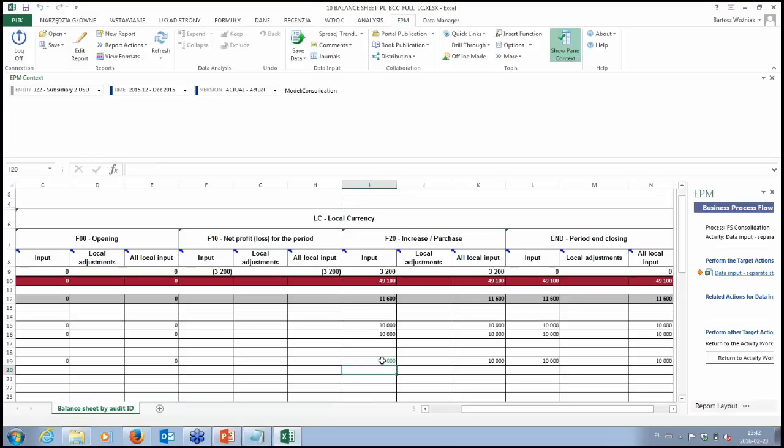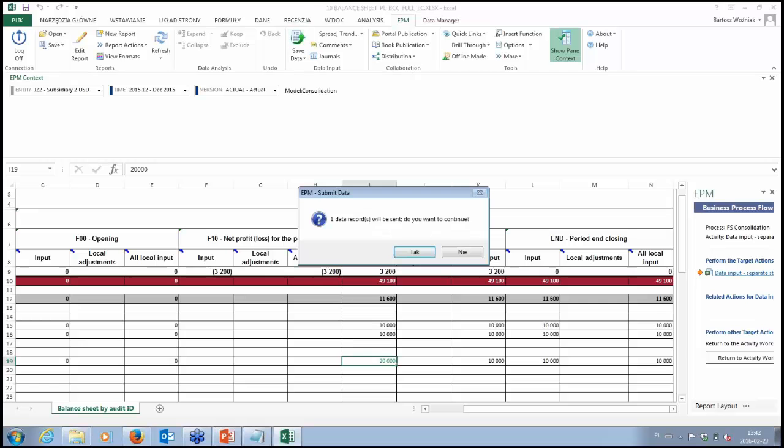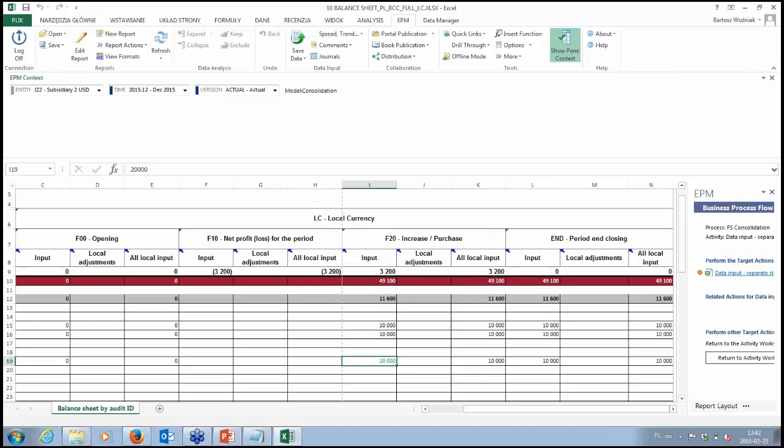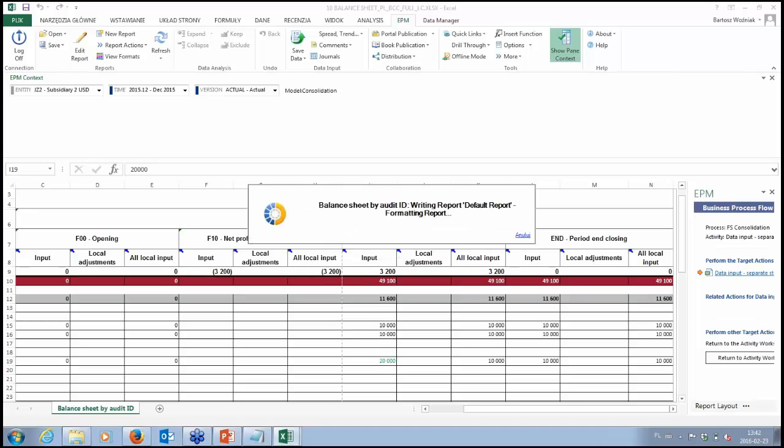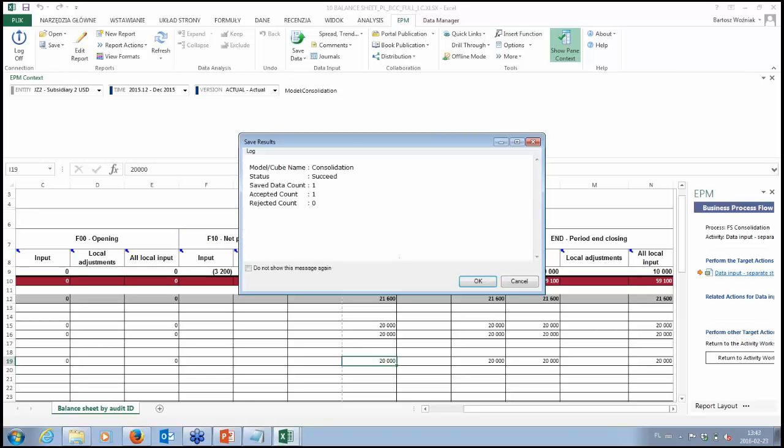It is shown that I have changed it to 20,000, and I can save it. There is a counter of how many data I have to save, and you will get a notification if it was successful and how many data cells have been saved.